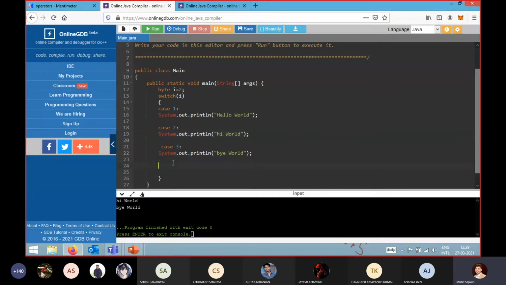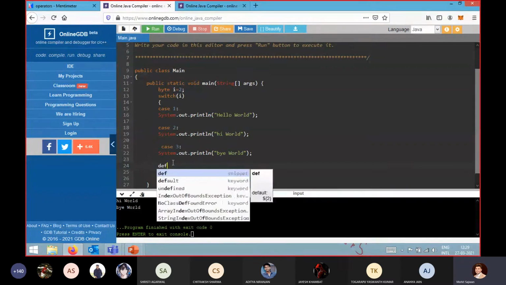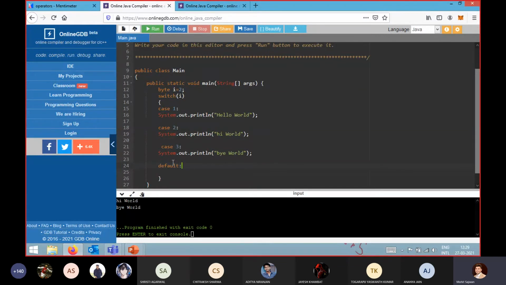Now we have one more case in your switch statement, that is your default case. As I told you, it acts as your else case. If no cases are satisfied, it will surely execute that particular case also.